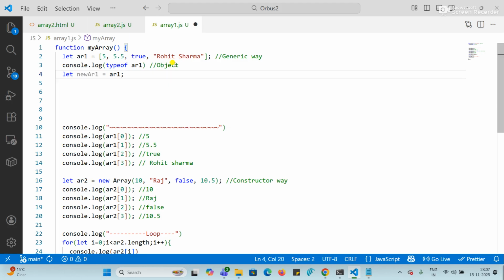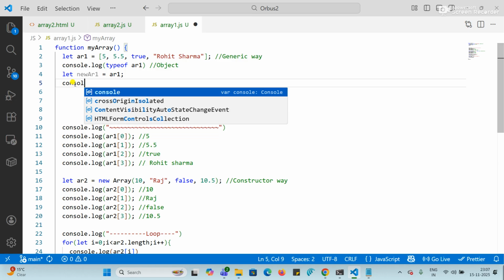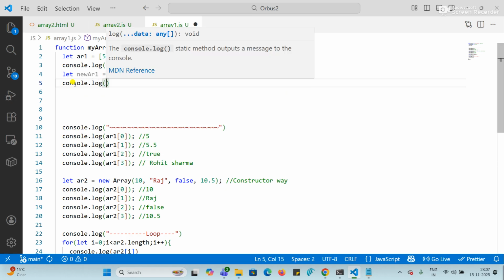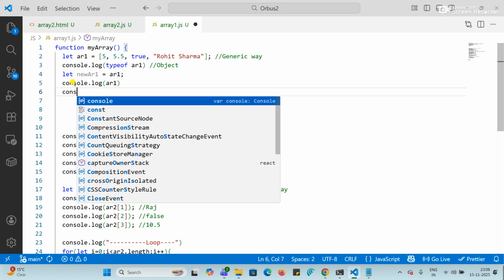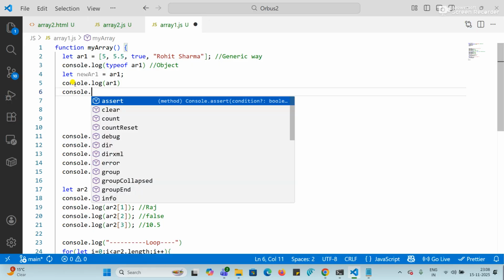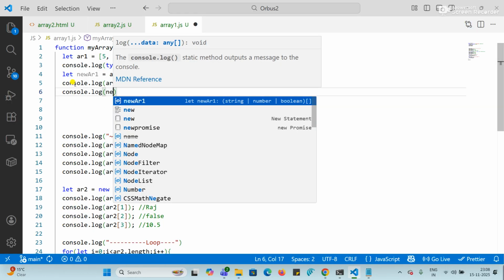So what I am doing, I am copying this entire AR1 to a new variable, new AR1. Now, if I print both things, let's say console.log AR1, and console.log new AR1,